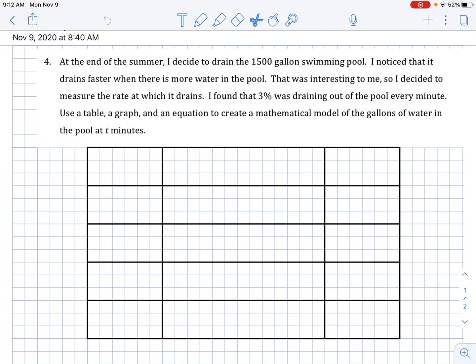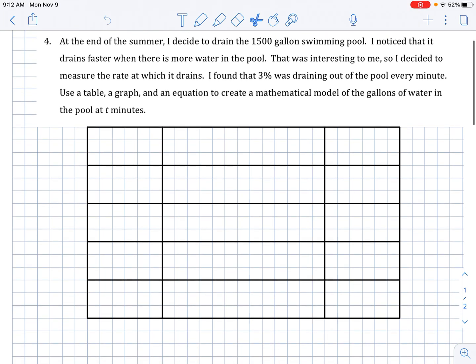All right, so for the next set of problems, it says at the end of the summer, I decide to drain the 1,500 gallon swimming pool. I notice that it drains faster when there is more water in the pool. That was interesting to me, so I decided to measure the rate at which it drains. I found that 3% was draining out of the pool every minute. Use a table, a graph, and an equation to create a mathematical model of the gallons of water in the